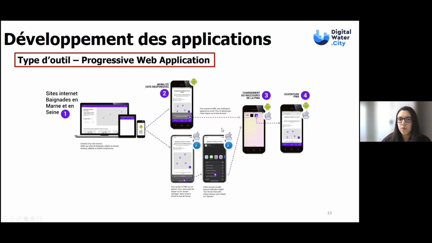By clicking on the icon, it sends you directly to the website and the application. So you see, it's actually practical. It has been validated by the community and well received.